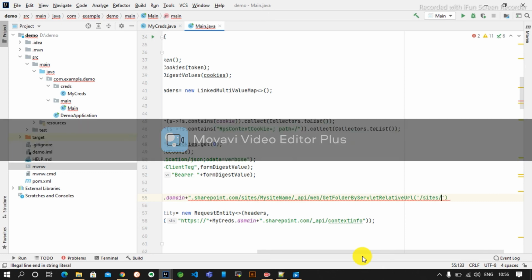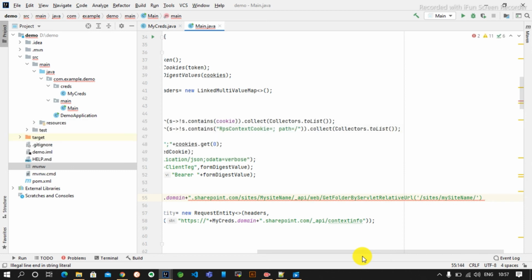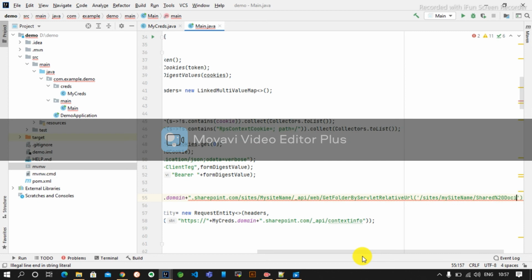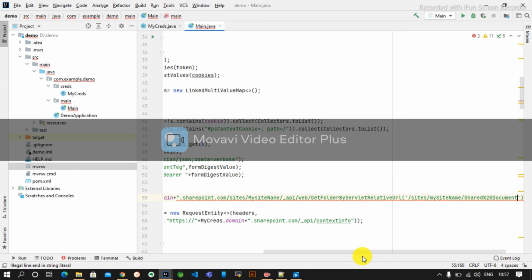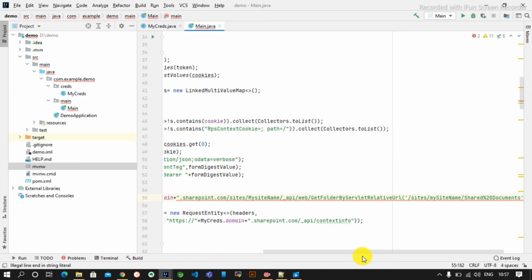Site slash my site name, then that's the share. By default in SharePoint there is a folder called Shared Documents, so I am using this. You can see I am using a special character in between Shared Documents because it has a space in it. I am not encoding it, I am directly using it.